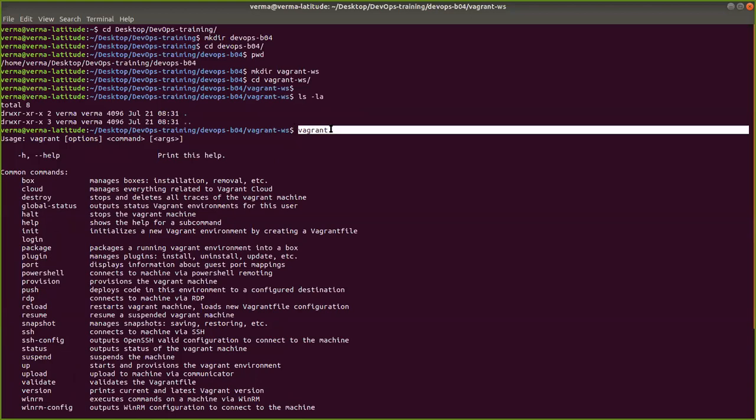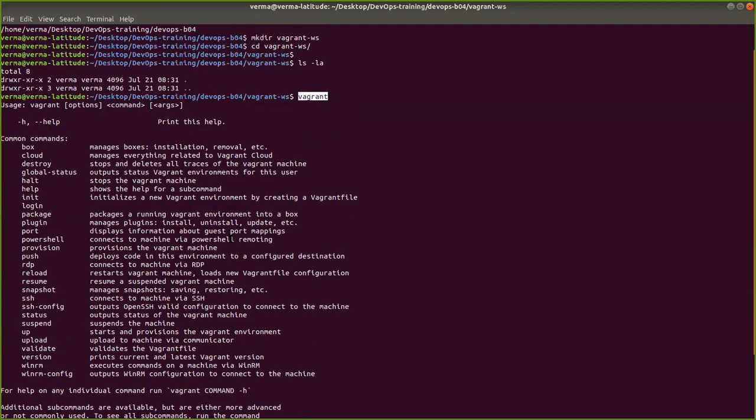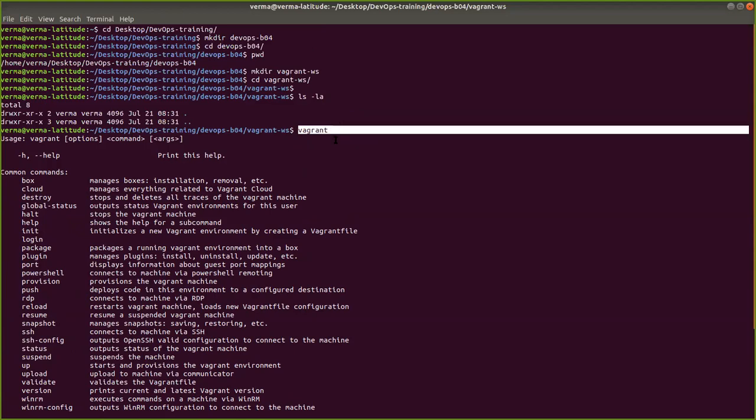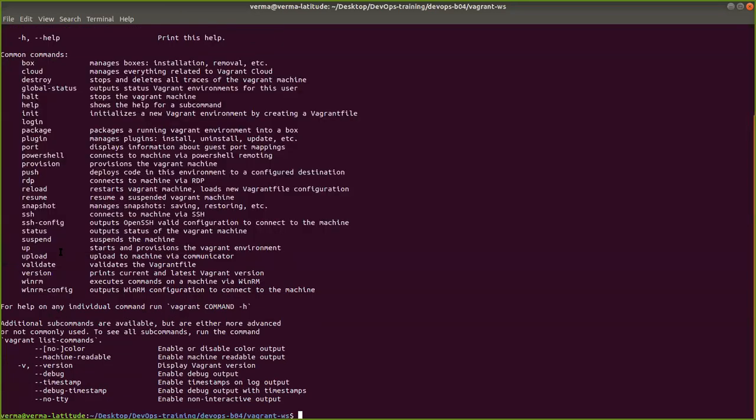Yeah, so you can see this when I executed vagrant. You just type vagrant and press tab, and vagrant.exe will come. That binary will come, and after that when you press enter it will give you this. Everybody, put in the chat yes or no whether this command is coming. If after executing vagrant in your Git Bash you see all these common commands like this output, it means Vagrant is installed.